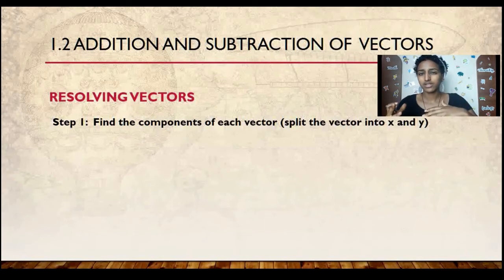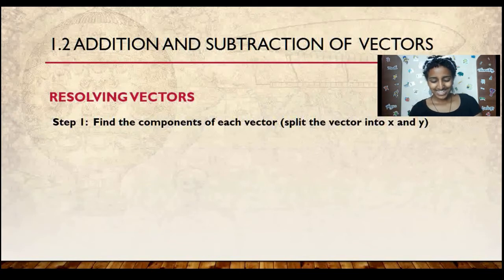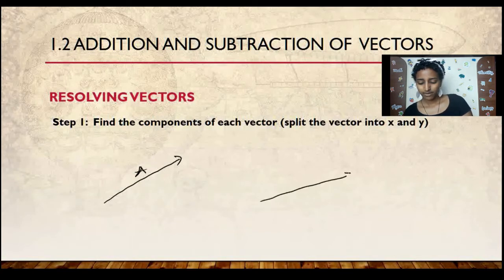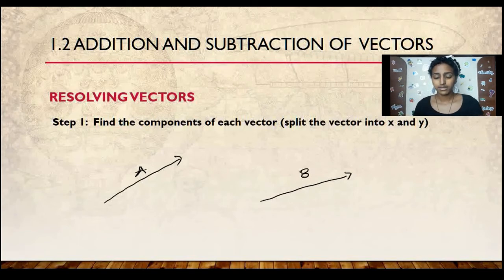and y parts. So what that means is, let's say we have two vectors. We have vector A and we have vector B. Now, you can see that these two vectors are not parallel and they're not perpendicular. So we have to use the resolving method in order to find the solution of these two vectors. So let's start with A. We have to divide these vectors into two components. Any vector can always be split, in a sense, into what you call the components of the vector. Usually we use x and y components.